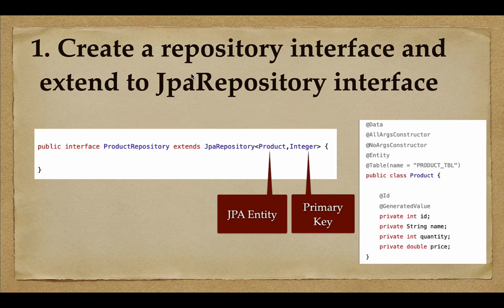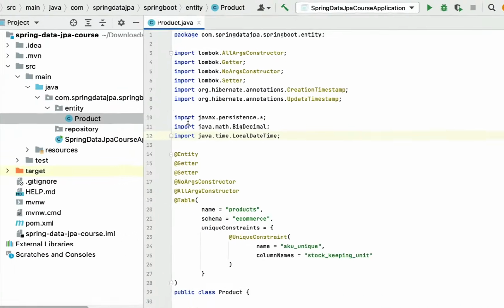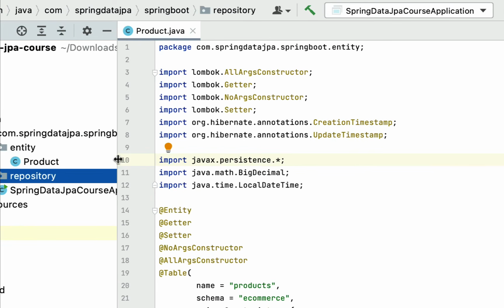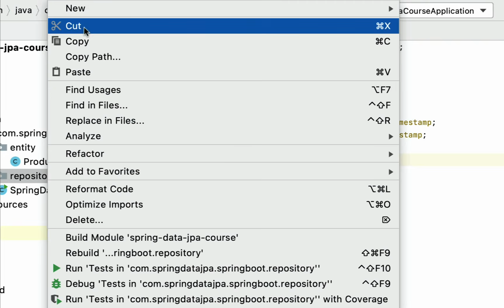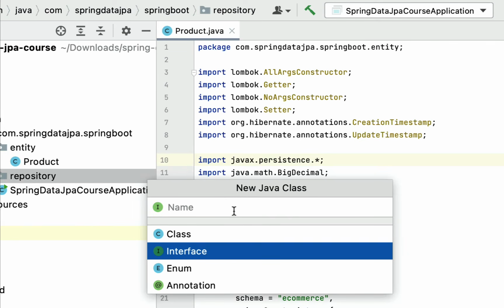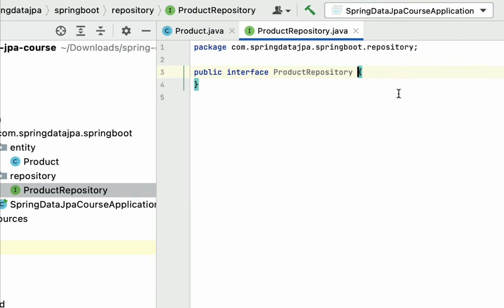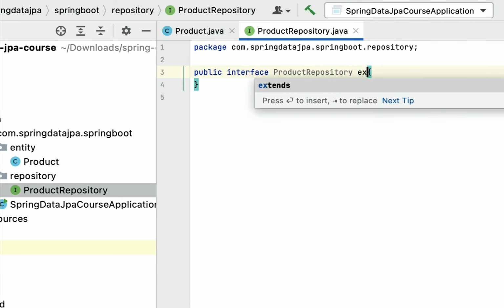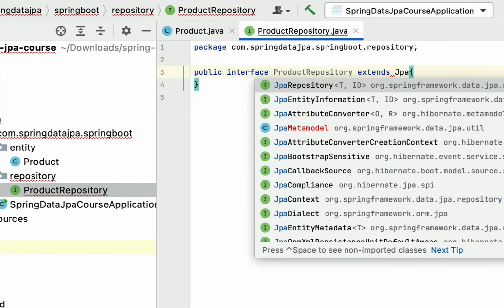Now let's go ahead and create a ProductRepository in our Spring Boot application. Let's head over to IntelliJ IDEA and go to the repository package over here, right click, New, then choose Java Class and choose Interface, and give the interface name as ProductRepository. Make sure that this is an interface, and next we need to extend this interface with the JpaRepository